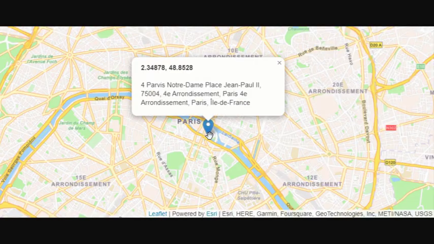Tomorrow we'll take a step further into the world of geocoding with reverse geocoding, where we'll learn how to find addresses and place